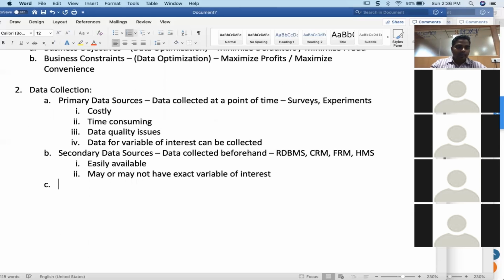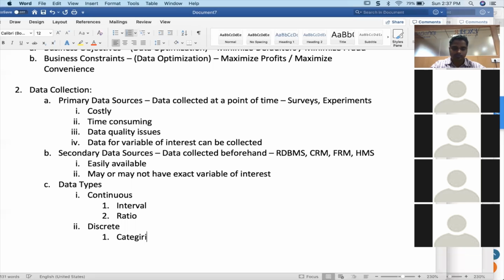All right, while we are talking about data collection, what data should I actually bank on? For that, we need to discuss data types. The first thing is continuous, then we have discrete. Within continuous, you have 2 things. One is called interval, another is ratio. Then when it comes to discrete, you have categorical and count. Within categorical, you might have binary and multiple. Within multiple, you might have